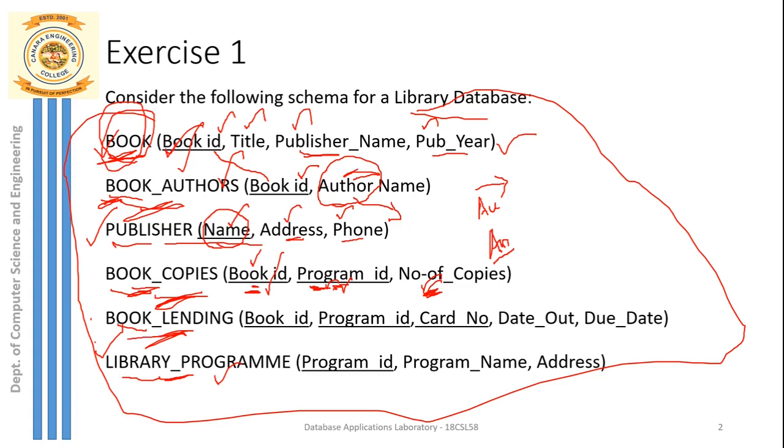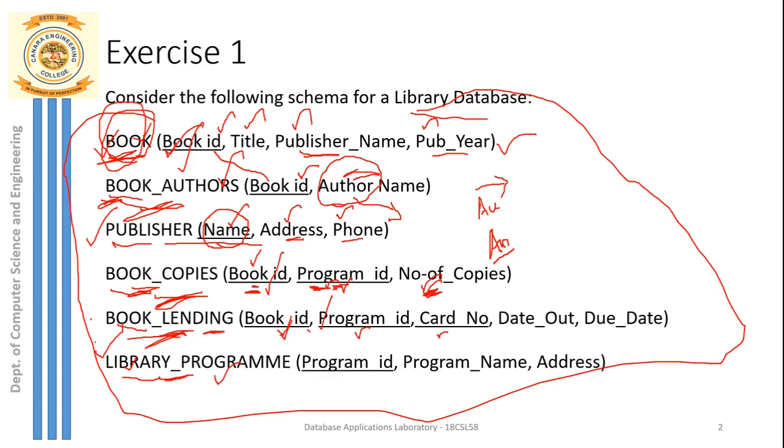Okay, so the next table is the book lending table. So this is also a relationship which relates our book table and the library table. So our book table and library table are also related using the relationship book lending. So what is the information specified here? You can see a book which is available in a particular library. So library refers here to program ID, which indicates a particular library where the book is available. So every book is issued using a card which has a unique card number. Like you students will be given a few cards. With a particular card you can borrow a particular book, right?